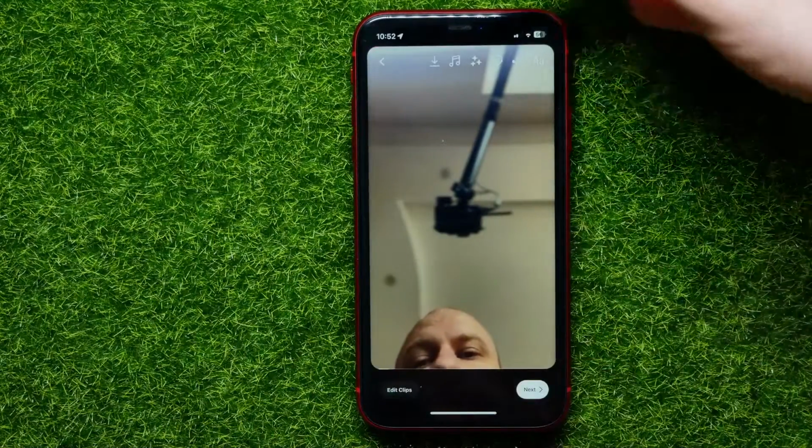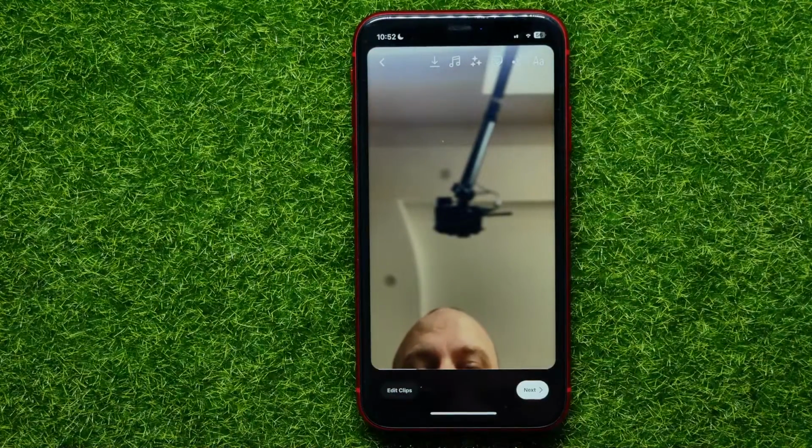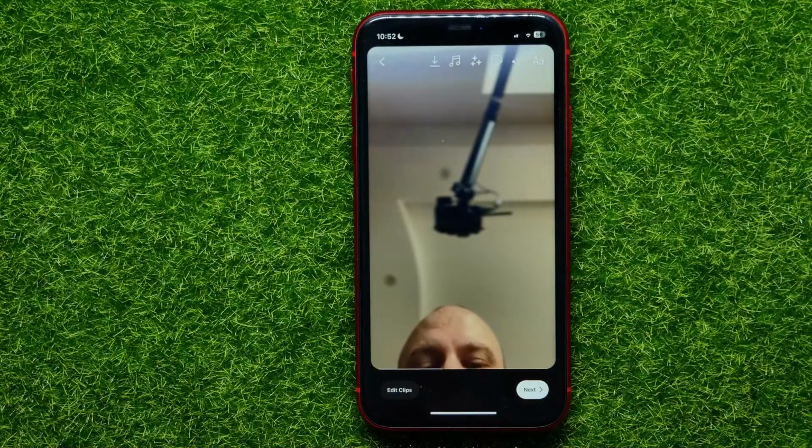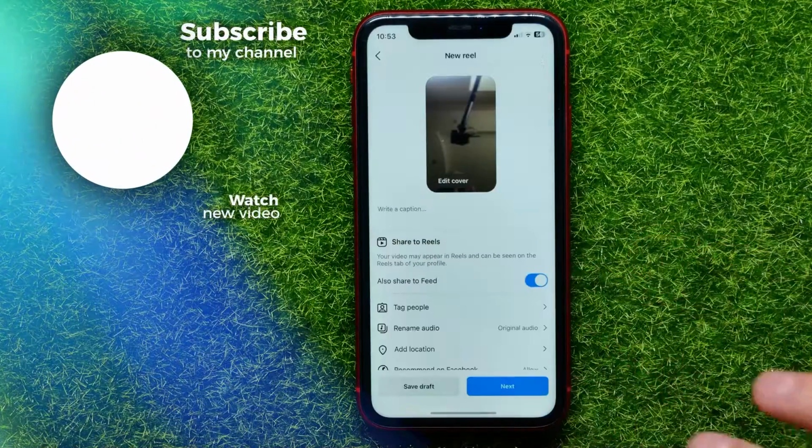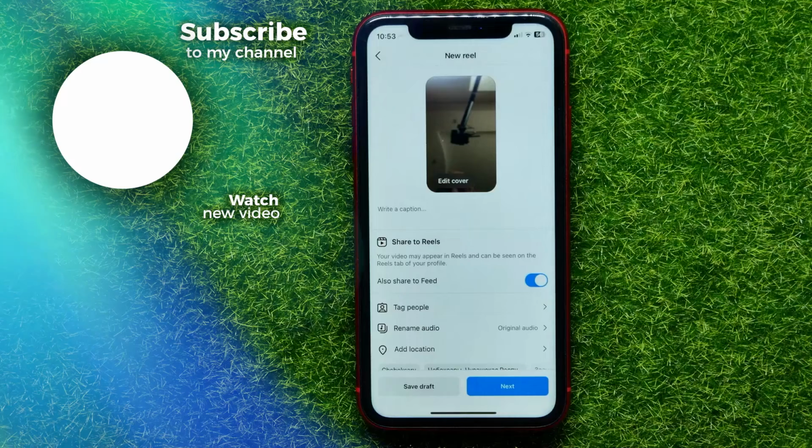I can hit on next, I can add there some effects or stickers or whatever. Then I can hit on next and share this reel with my